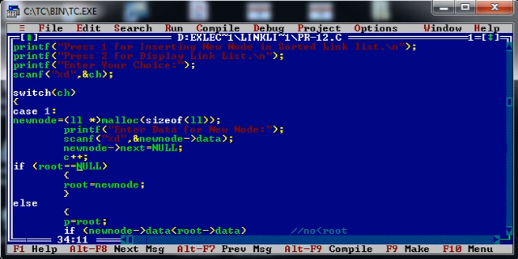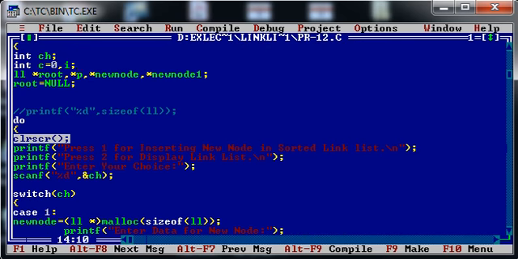Then I am checking whether the linked list is available or not. See, this is quite an important statement. Initially we need to set our head or root pointer to null, otherwise we can't come to know whether the linked list is available or not. So this is the primary condition, that we need to set our root or head node to null.